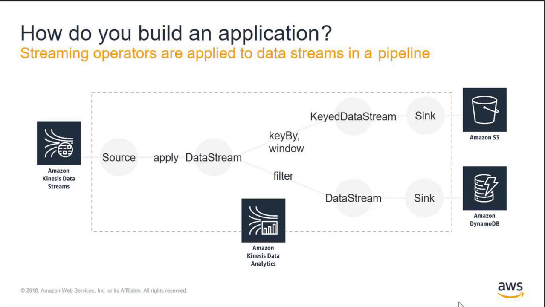On the top, you might have a key by that organizes the data by that sensor ID, and then a window, which produces a keyed data stream. Another type of specialized data stream that is associated with that key that I brought up. And that window might perform some aggregation function. So perhaps you're performing some real-time analytics, like counting the number of unique sensor IDs, or maybe counting the number of events per unique sensor ID. This can be done using a key by and a window operator. After that, the result is written to Amazon S3 in a periodic fashion in larger files, so that your downstream processing can more easily process it. So you're doing some data prep as well.